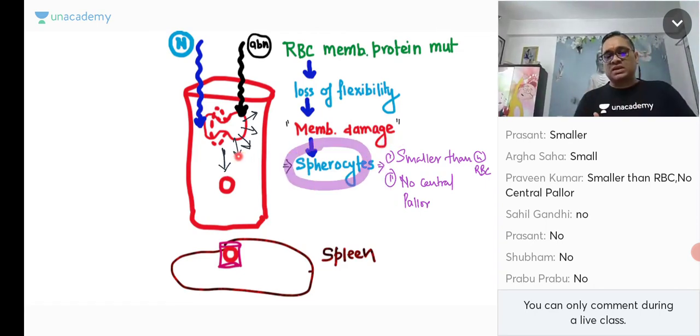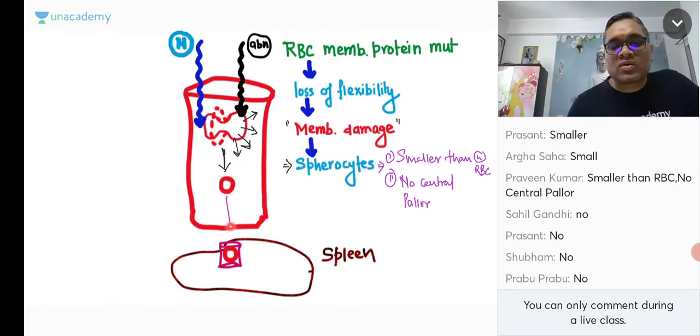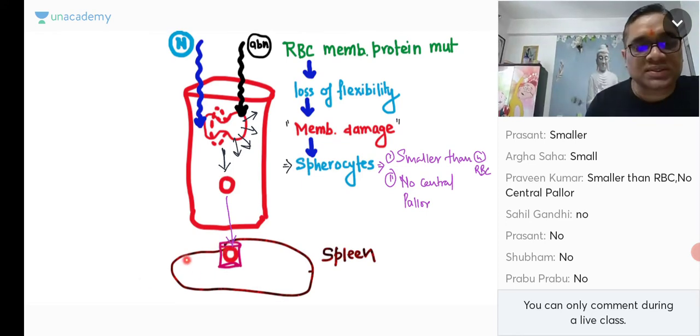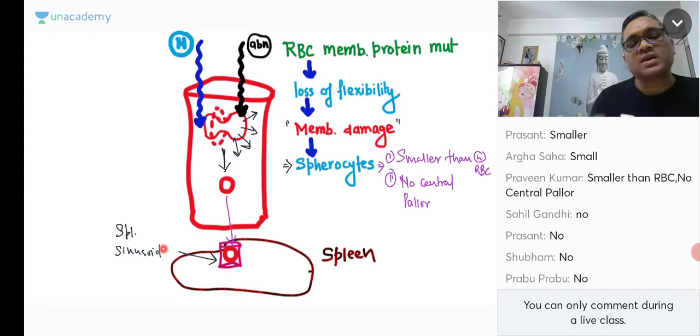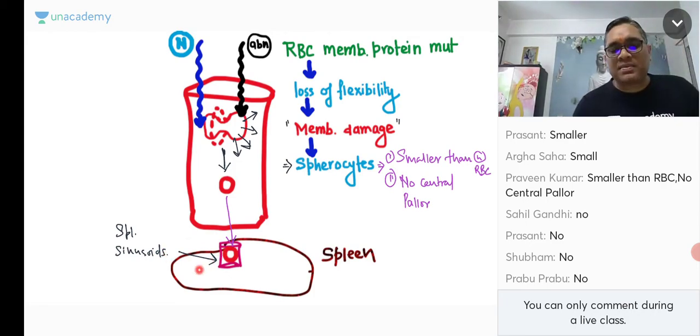Right? They have two problems. Number one, they do not have normal protein. That is the reason for this development. And number two, they do not have flexibility. So whenever this RBC comes, it is going to get trapped inside the splenic sinusoid. So this is the splenic sinusoid. When they come to the splenic sinusoids, can you see this? They have been trapped here inside the sinusoid. Now they cannot flex. If it had been a normal RBC, it would have flexed and escaped from there. But now they have been trapped here.